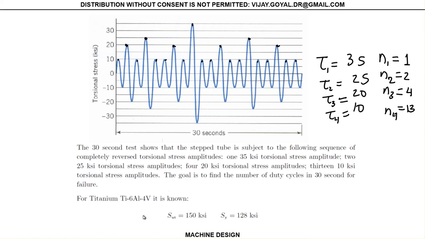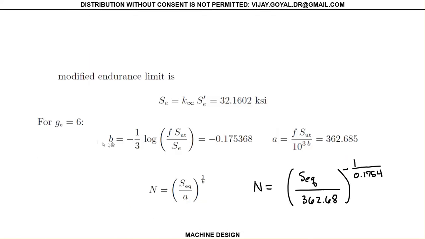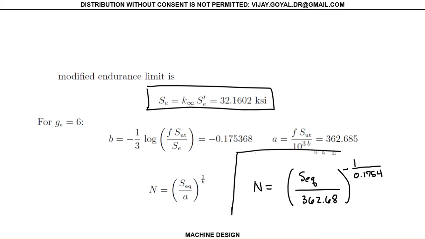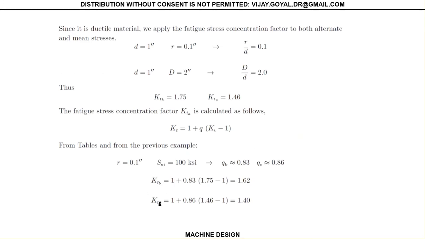The problem does give me the ultimate and tensile strengths for this particular example problem. Also, your fully modified endurance limit is given already calculated for you. Your values of b and a are given as follows. So this is the equation of N that we will be using for the rest of the exercise. As we move on now,